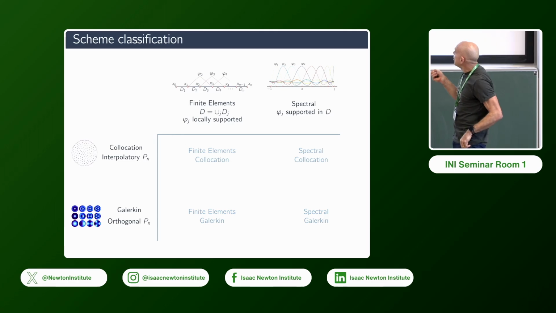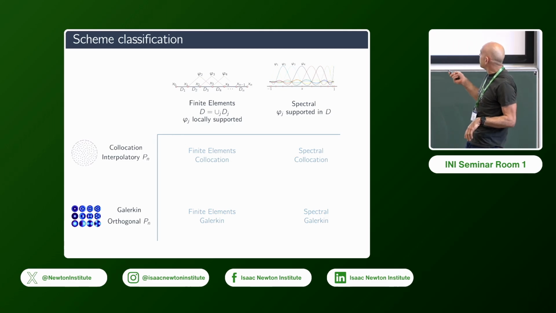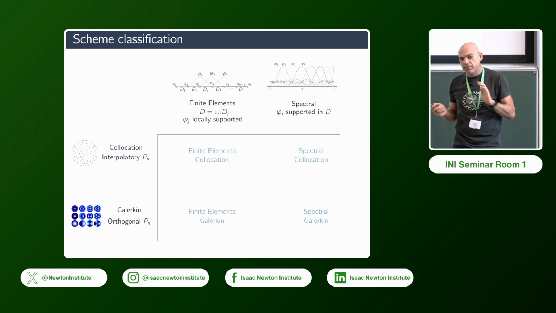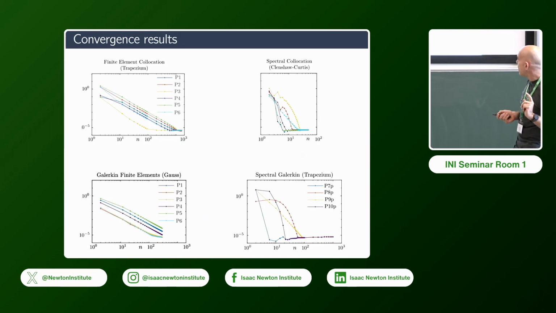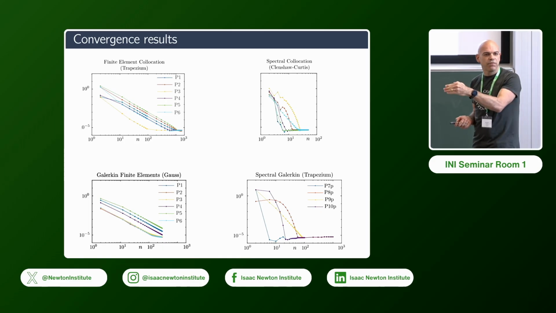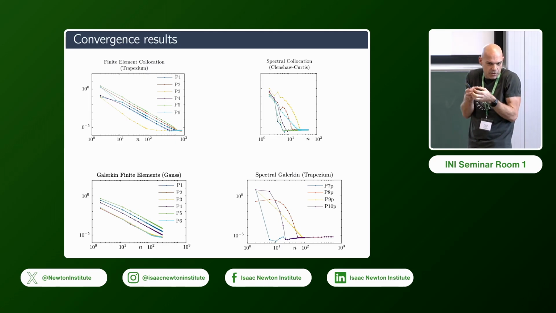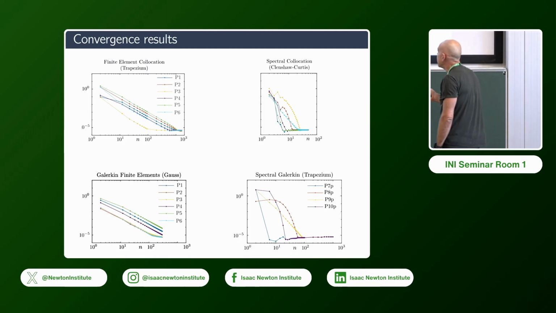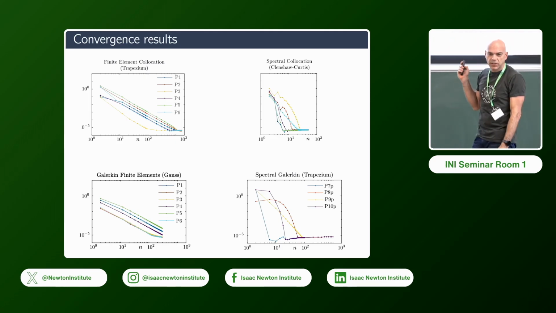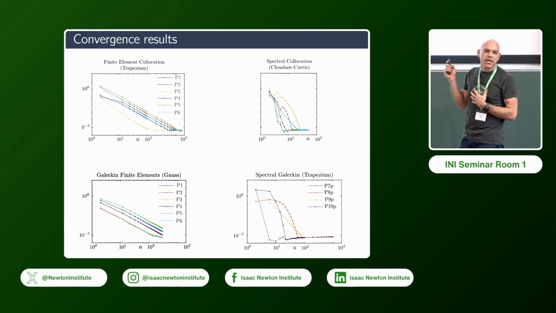So we built up these 4 families of schemes: finite elements, spectral collocation, finite elements Galerkin, and spectral variants of them. And for each of them, we have predicted convergence rates of how fast they should go to 0 as n goes to infinity, and experimentally, where experimentally now means numerically experimentally, we found those rates, and discovered also some new schemes that we didn't know existed as we moved along.